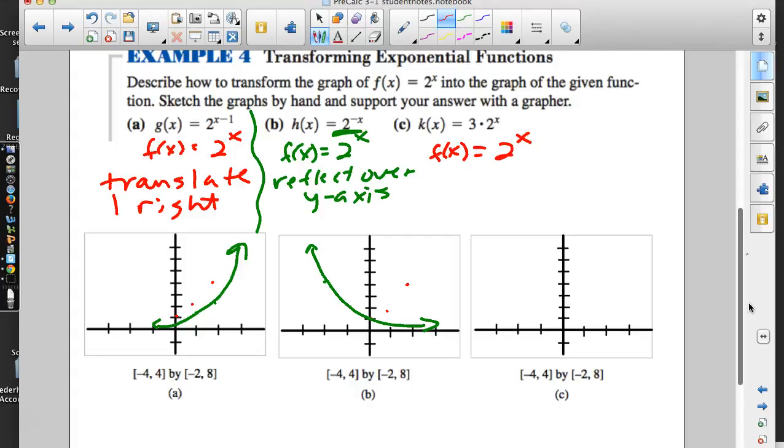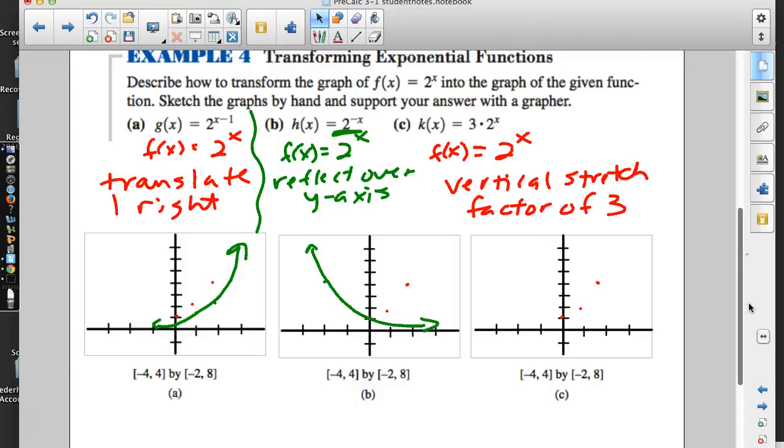What changed transformation-wise when they put that 3 in front of it? What did that do? That is a vertical stretch, factor of 3. So we start off with our normal. Vertical stretch. So what it's going to do is it's going to take our y values and it's going to multiply that y value by 3. So this isn't going to be 0, 1 anymore. It's going to be 0, 3. And instead of 1, 1, it'll be 1,